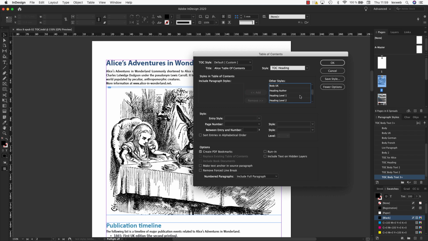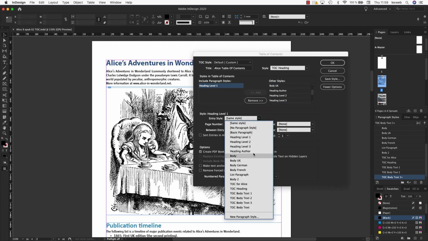Now add the heading styles, which should be used for creating the table of contents in the correct order. Typically, the lines in the table of contents do not use the same styles as the originating headings. We select the new styles here.